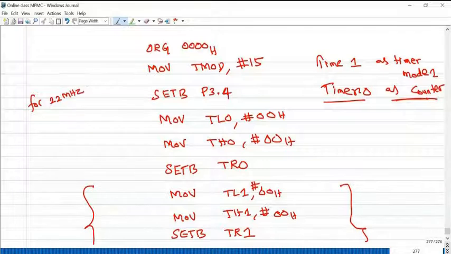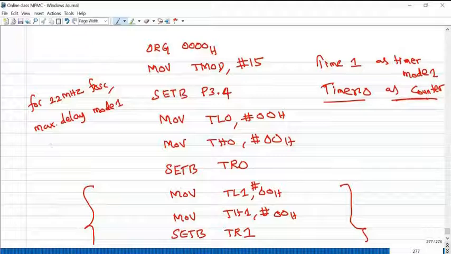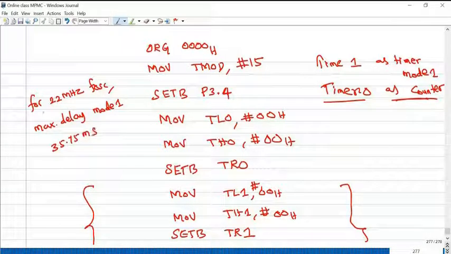For 22 megahertz oscillator frequency, the maximum time delay mode 1 can generate is 35.75 milliseconds. Okay.